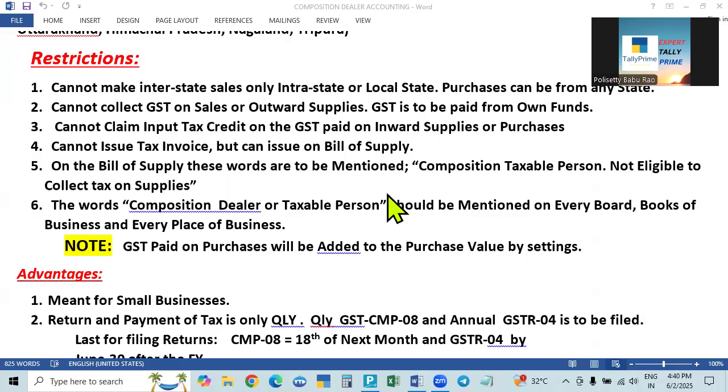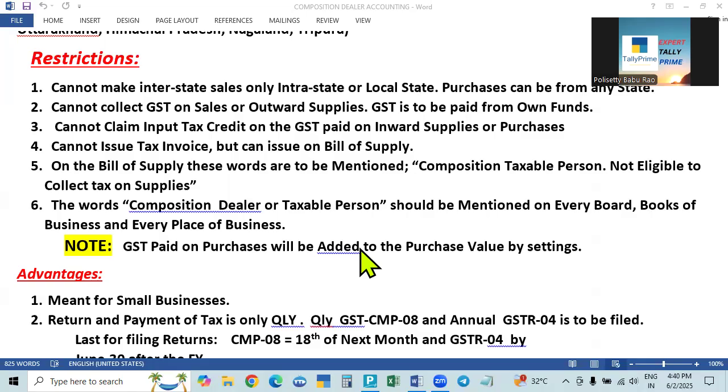But we cannot collect it, we cannot take it back, or we cannot claim the input tax credit. You cannot claim. Then what is to be done? The tax paid on the purchases we are making, the goods value and the tax we are also paying, but we will enter the tax and we have to treat the tax paid as